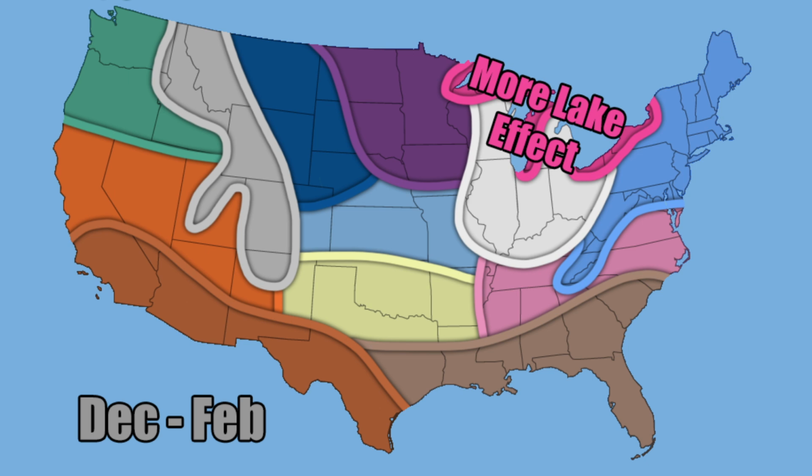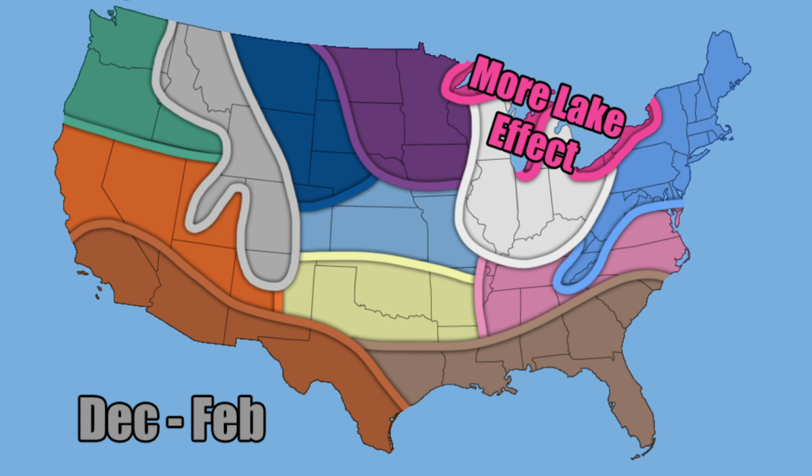Along the Great Lakes, we have very warm lake effect waters right now, and it might cool down a little bit as you get into December with that colder period, but usually warm lakes actually help lake effect because if you think about it, if you have ice over the lakes, you can't pull up as much moisture to make those bands of lake effect. When you have open lakes, you don't have any ice on the lakes. That's where you really thrive with the lake effect, and that's why actually November and December can actually be a fairly good month for lake effect. January and February, when it's too cold, the lakes are frozen, usually aren't as good for lake effect.